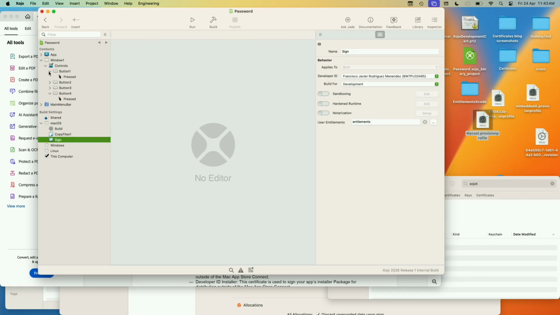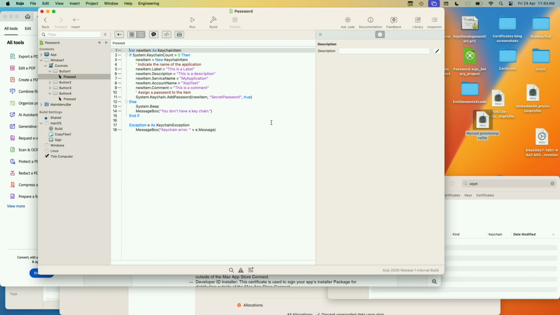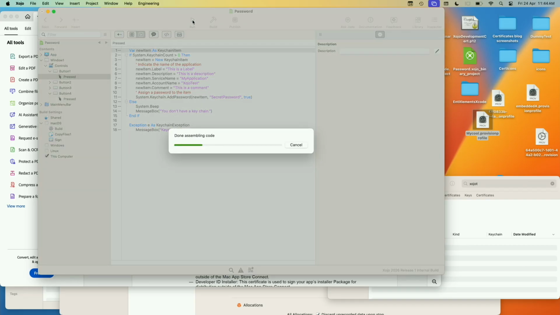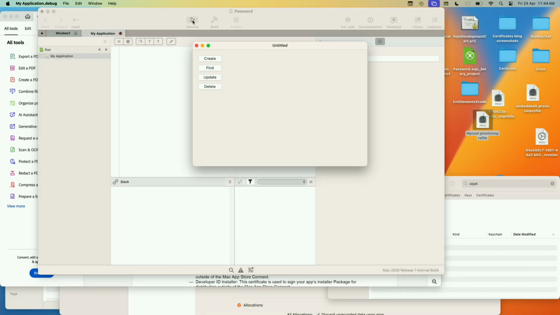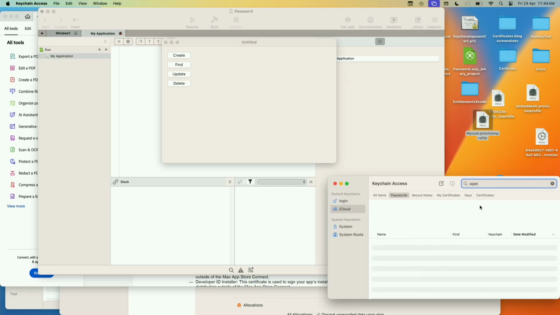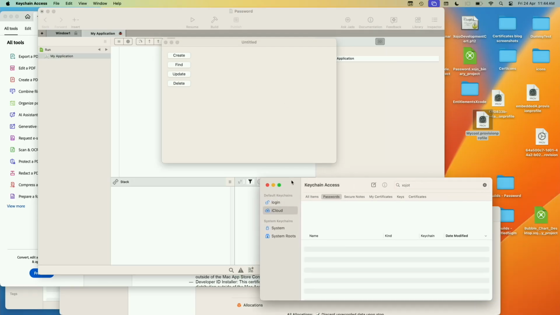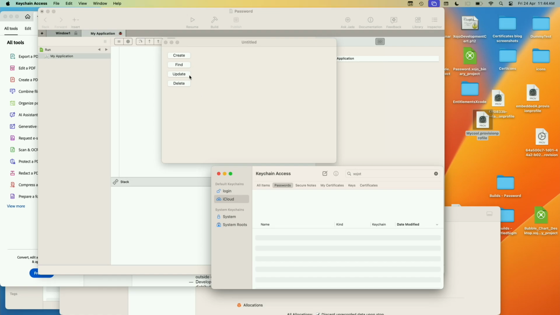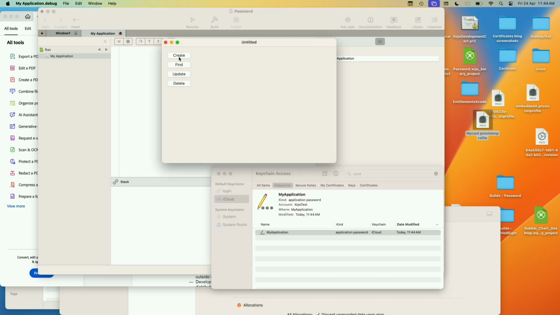The app itself is quite simple. It creates a password on iCloud, and because we want you to get the same user experience while debugging that the user is going to have once you distribute your app, if I run the app, we can see how that password is created under iCloud Keychain, retrieve the information, update the information,